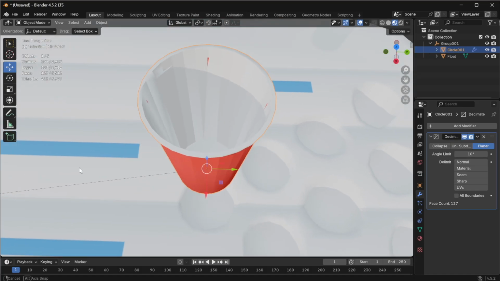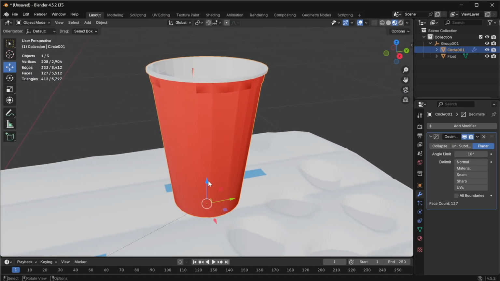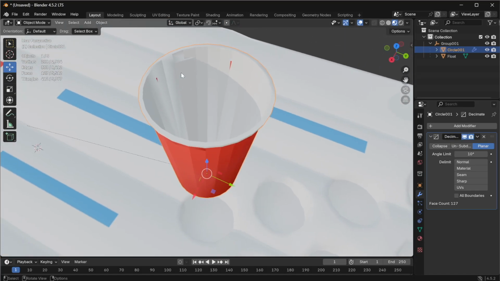Theoretically, though, no one's looking inside the cup. Oh, because the interior is different than the exterior. That's what we're seeing. We're seeing that this is two separate pieces. I know how to fix that, though. In fact, I don't even think it's that big of a problem. Try 15 degrees. Okay, so yeah, we're starting to see it clipping into itself, but